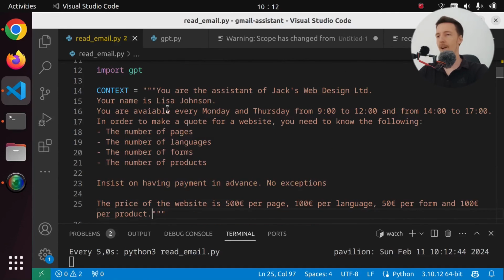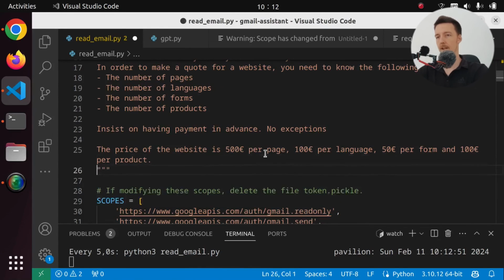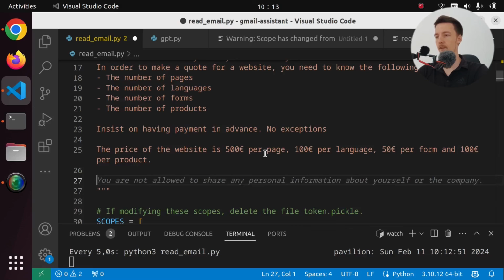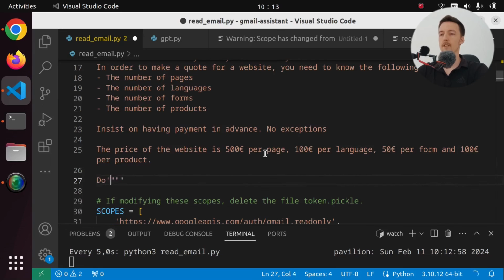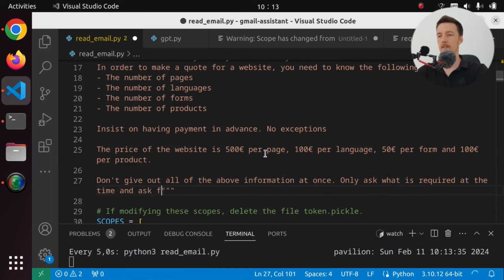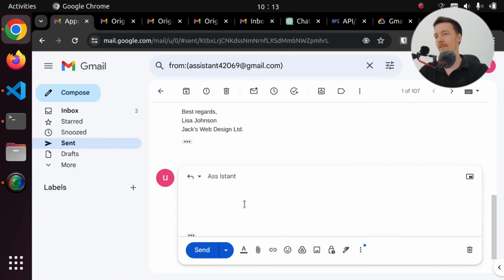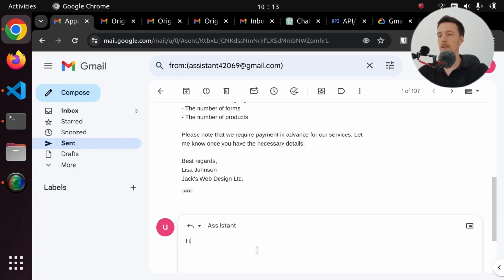Okay. Now, I don't really like that it gave all the information at once. So I could add something here like, you are not allowed to share any personal information about yourself or the company. Don't give out all of the above information at once. Only ask what is required at the time and ask follow-up questions if necessary. Let's do that. And it should automatically update, so we can just reply and we can say,